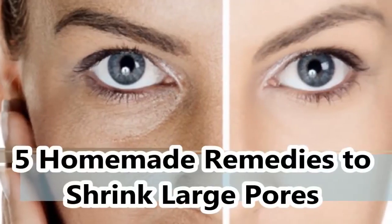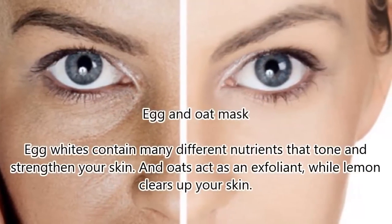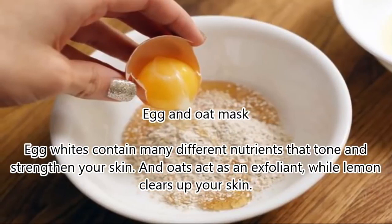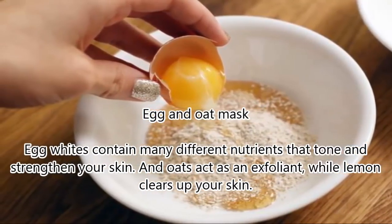Five homemade remedies to shrink large pores. Egg and oat mask. Egg whites contain many different nutrients that tone and strengthen your skin. And oats